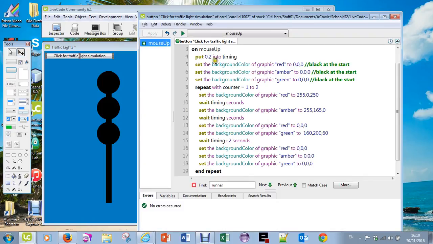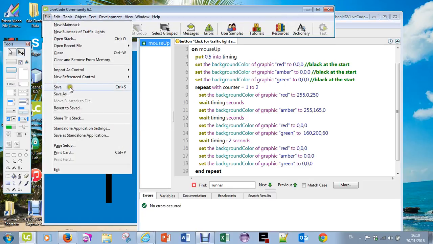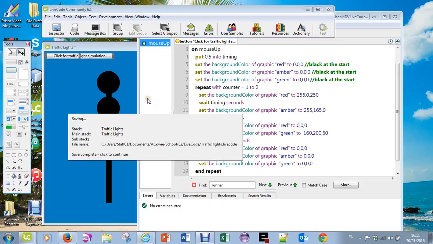Now the first thing I'm going to do is change how fast the lights are changing. At the moment they're changing 0.2 of a second, so I'm going to change that to 0.5. And I'm going to do File and Save, so I can use the shortcut Control S. So I'll do Control S,